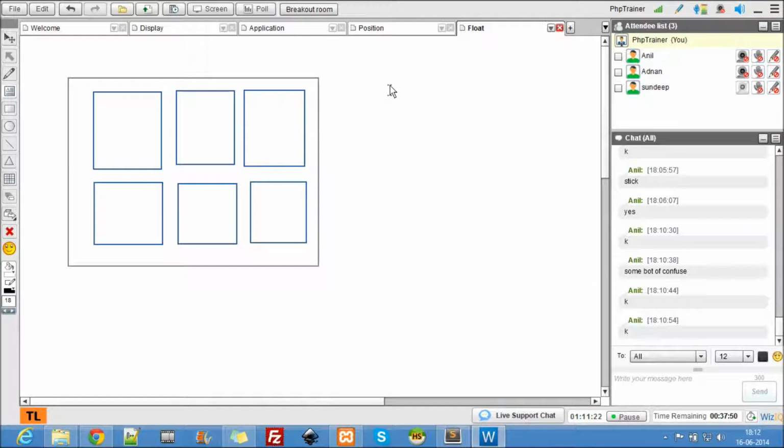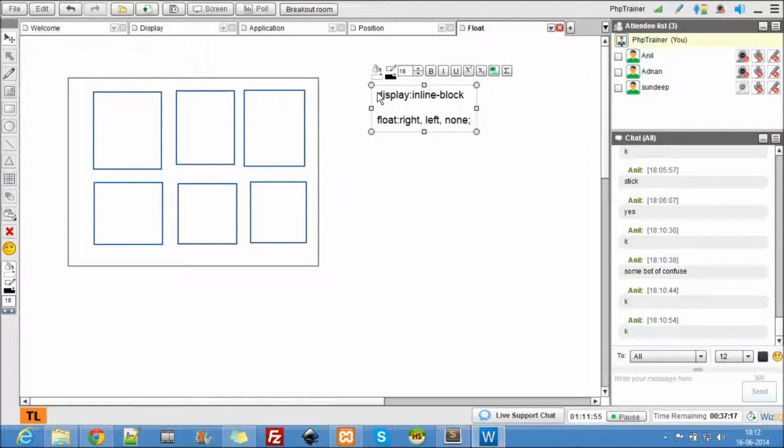Actually, I should have told these two at the same time. If I want this kind of arrangement, the only possible way to do it is to use display inline block. If you're not using display inline block for some reason, then the only way is using the float property, which has three values: float right, left, none.